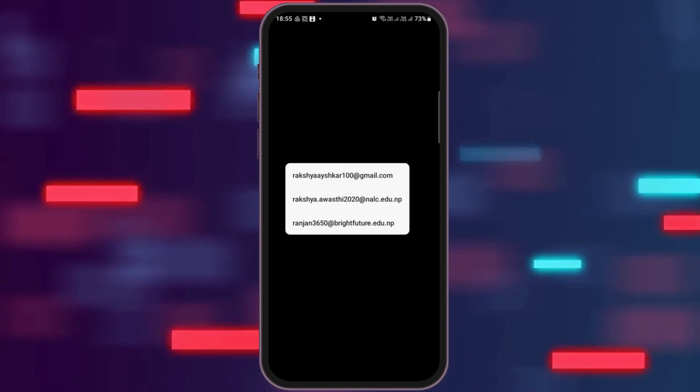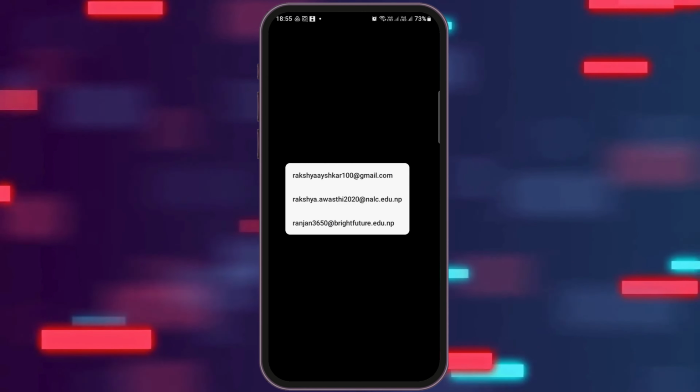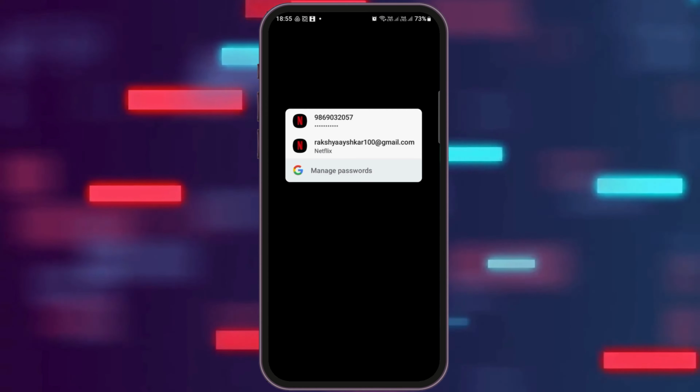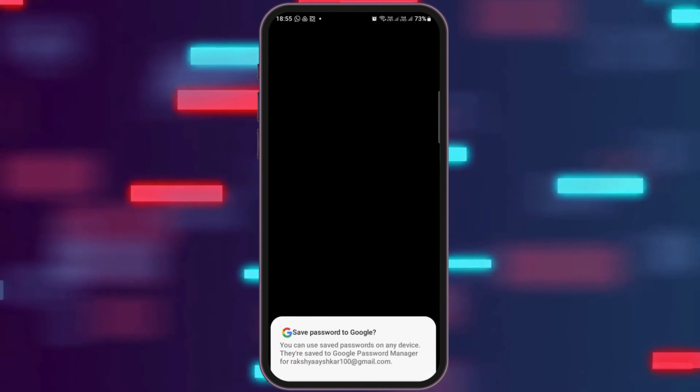In order to create a new account, you have to tap on that option, and again you have to add your new password and your new number there. You can add your email or your phone number as well, and after you add your email or phone number and your password, your Netflix account will be created, and it will be signed in on your Netflix ID. And this way you can create an account on Netflix,